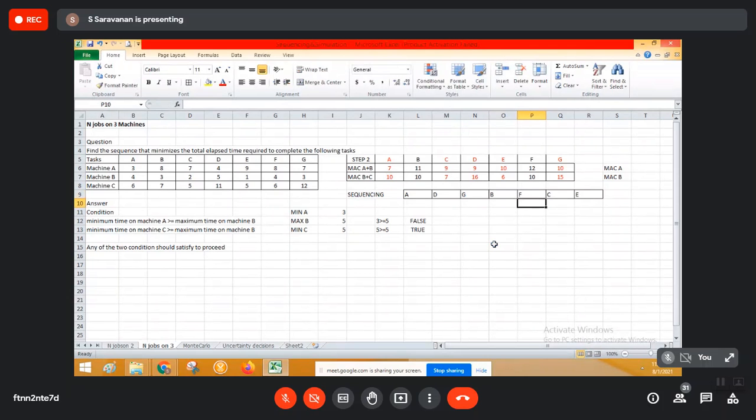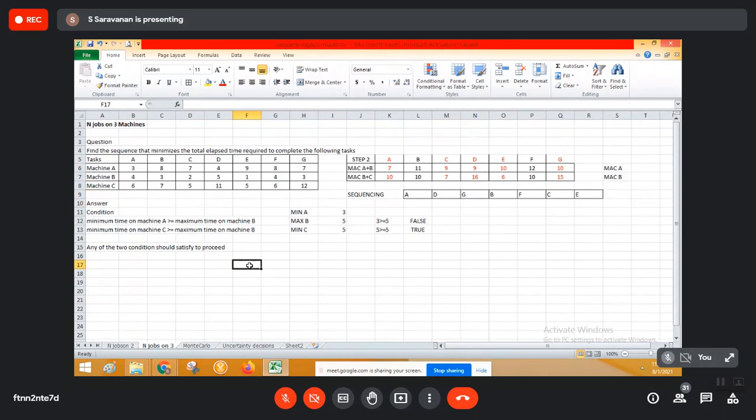There are certain situations where we need to decide. We need to consider arbitrarily, we have to just go with certain logic, maybe something alphabet related. Okay, B and F I'm taking. And one more thing here, you see that 12 in machine A is on a higher side. So it is always better to go for something that is minimum. So it is better to choose B and then go with F.